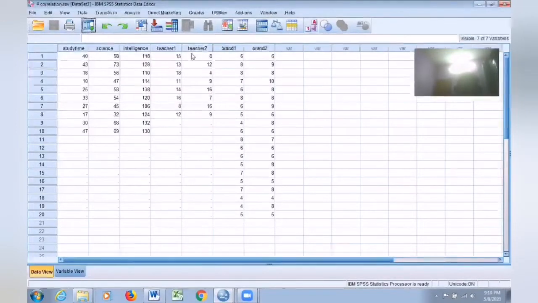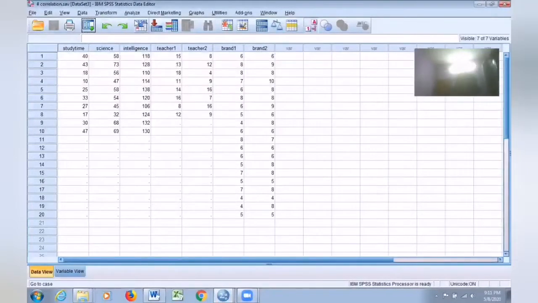So I have 2 sets of data, but these are not numeric, they are ordinal data. So I want to check whether the ranking of teacher 1 and the ranking of teacher 2 are correlated to each other or not. That means if the rating of one teacher increases, the rating of the other teacher should also increase. If the rating of one teacher decreases, the rating of the other teacher should also decrease. Whether this kind of correlation exists or not, I want to check. I cannot conduct Pearson correlation because the data is not in numbers, the data is ordinal. So I have selected the alternative called Spearman rank correlation.